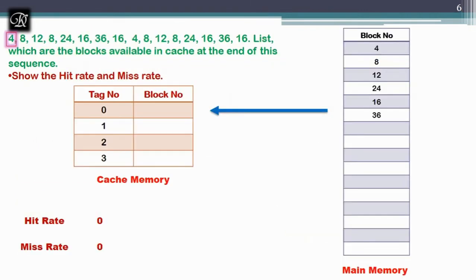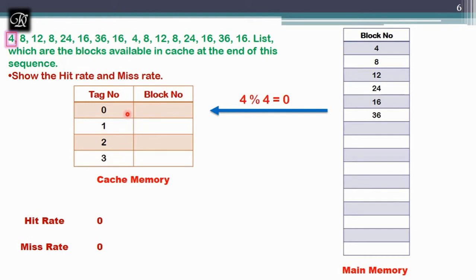Now let's start applying the direct mapping technique on the given sequence of block requests. The first block requested in the question is 4. The 4 is in the main memory, and we have to bring it to the cache. For that, we take 4 and the number of blocks in the cache, which we calculated before, is 4.